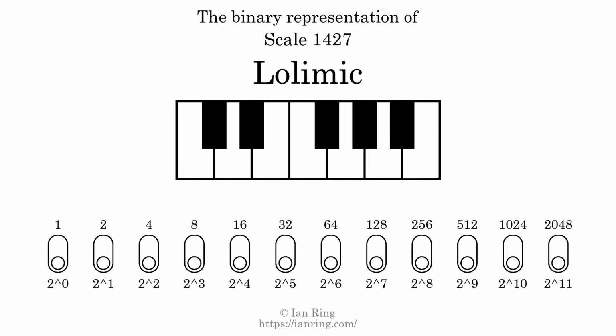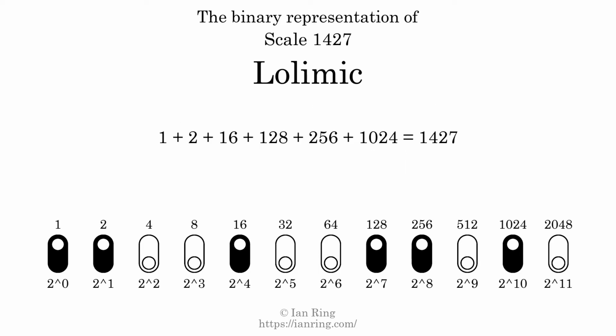The binary representation of this scale is determined by mapping tones of the scale to binary digits. Each binary digit represents a power of 2. To get the scale number, we add the powers of 2 together. The powers of 2 that are present in the scale, all added together, equals 1427. That is why the scale number, in decimal, is